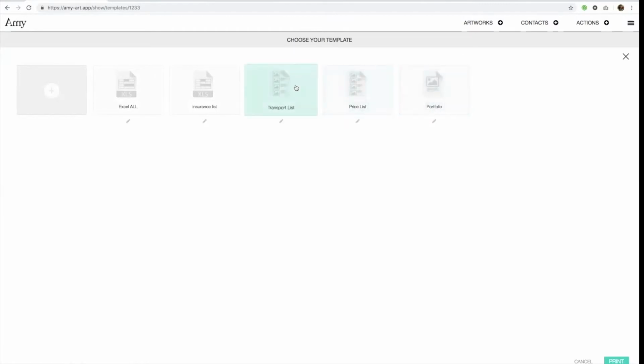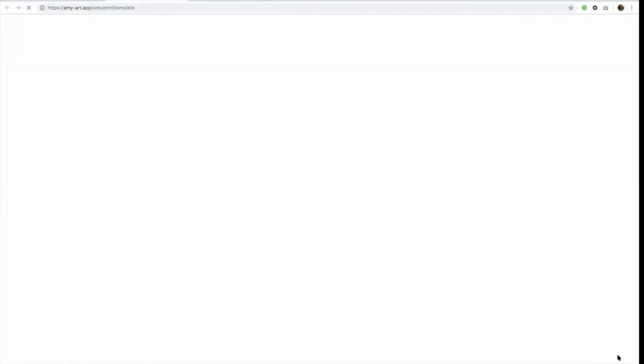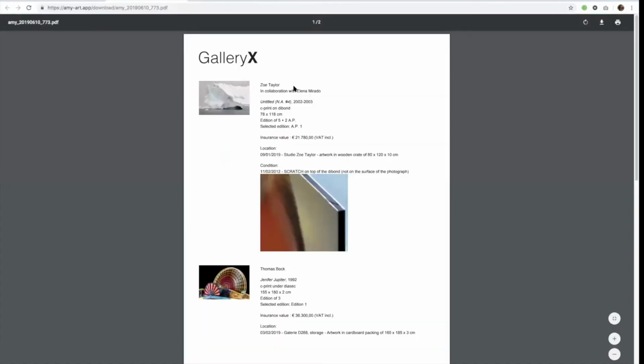I'm gonna print it. And this list will contain already much more information about the artwork, as you will see. So here we have the general caption, insurance value, the location, and some artwork and create information, the condition,